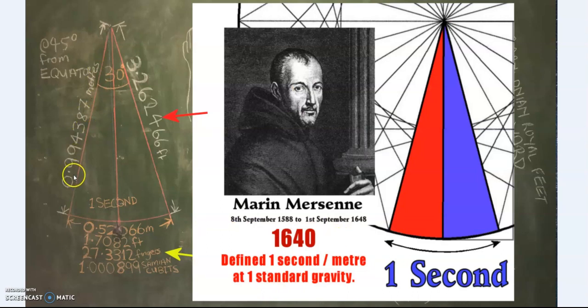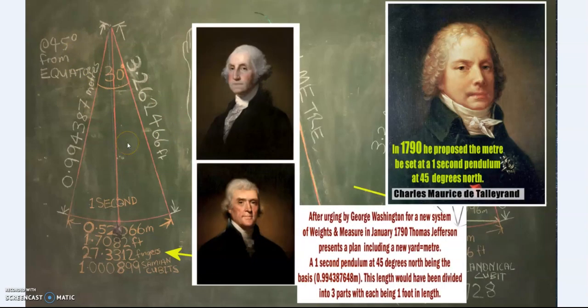This pendulum of 0.994387 meters was defined, for instance, by Mersenne, also Giovanni Riccioli, back to the 1600s, 1 second at standard gravity, which is 45 degrees north or south of the equator. This measurement almost became the official US standard of measurement, and so just like Talleyrand proposed in 1790